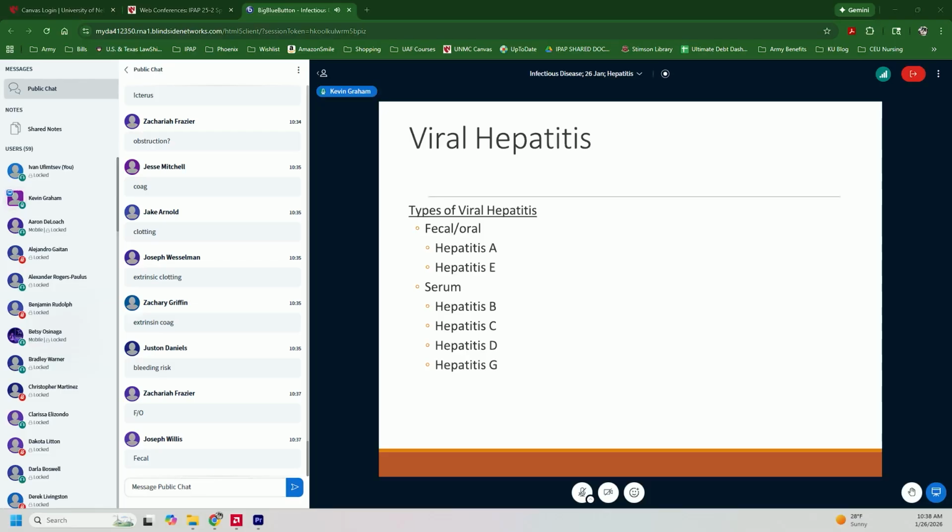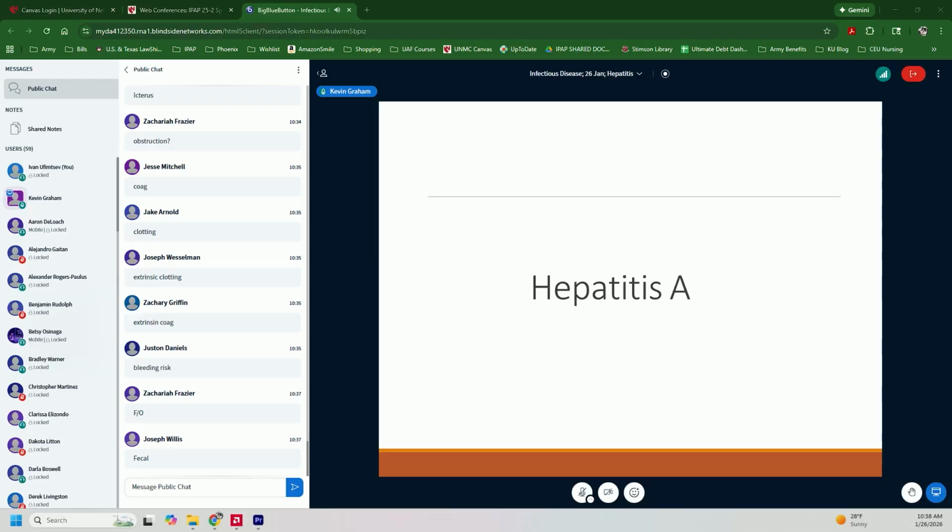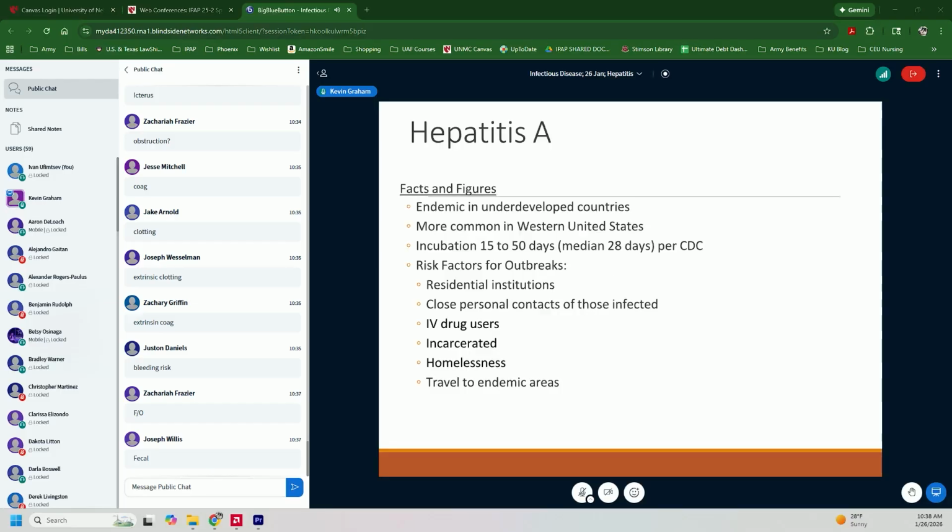All right, we saw this already. Fecal oral is our A and E. Serum is B, C, and D, and G doesn't exist anymore. The thing exists, it's just not a hepatitis. All right, let's talk about hepatitis